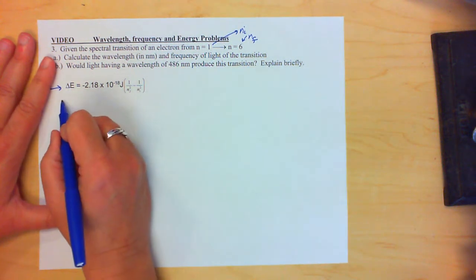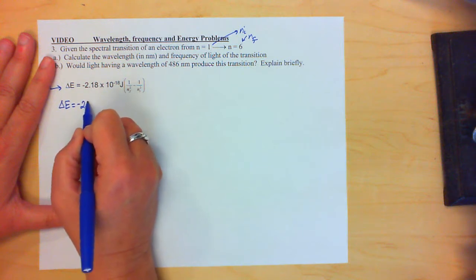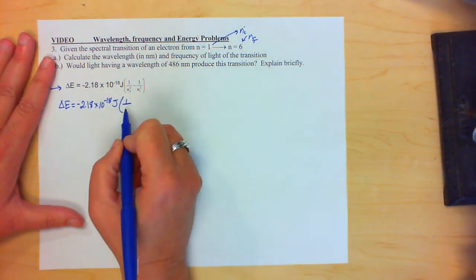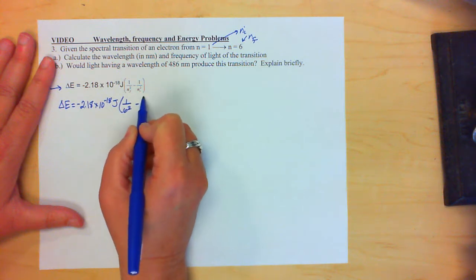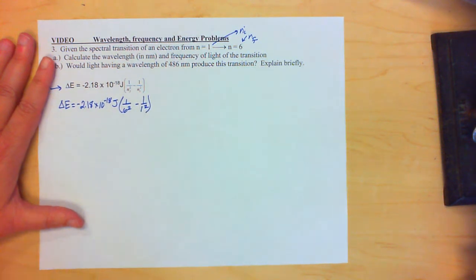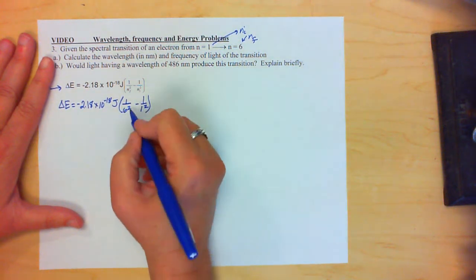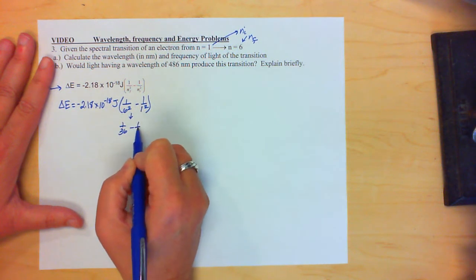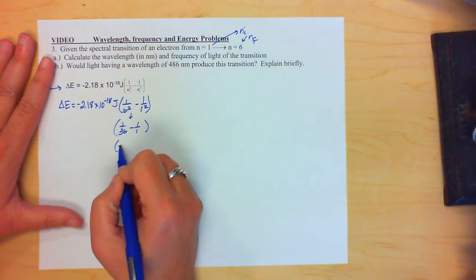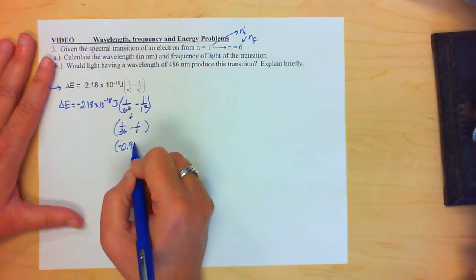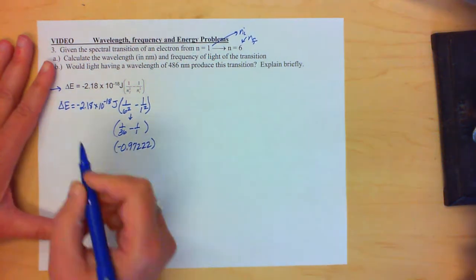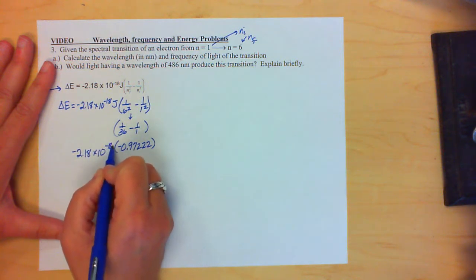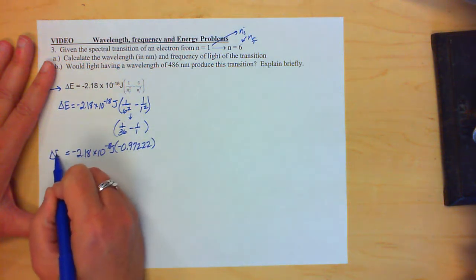So if we plug this in, we'll get the change in energy. It's going to be equal to minus 2.18 times 10 to the minus 18th joules times 1 over the final, which is 6 squared, minus 1 over 1, which is the initial, squared. Now, for simplicity's sake, I'm going to work just through this for a minute. So this basically is 1 over 36 minus 1 over 1, which when we do the math comes out to be equal to negative 0.97222. Now, if we go back and multiply it by 2.18 times 10 to the minus 18th joules to get my delta E,